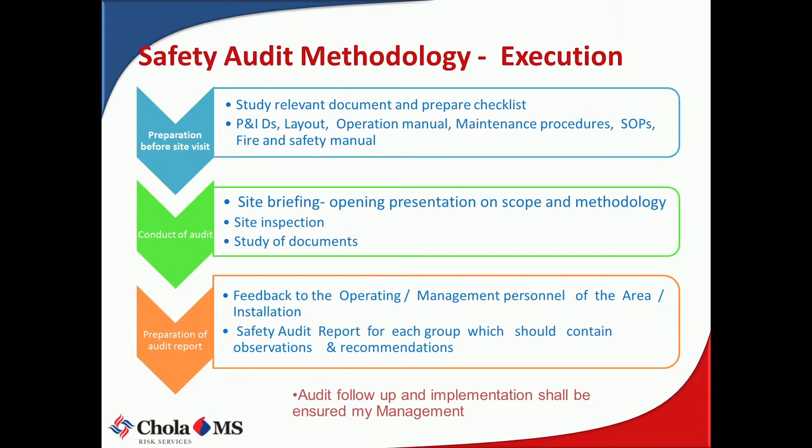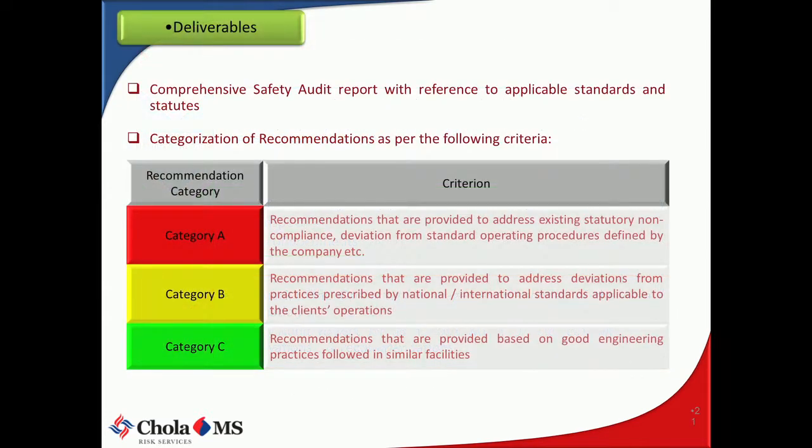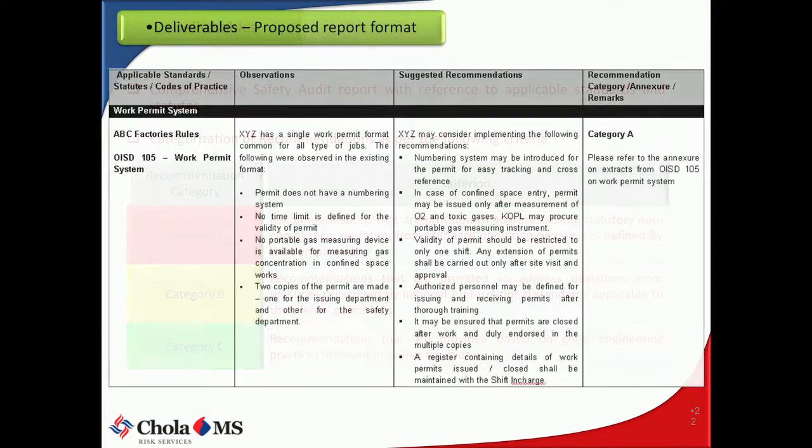Before the site visit, we cannot just go to an industry and do an audit. We have to send a data request and ask what operations, what manufacturing, and what procedures they have, so that once we have an idea, we can go and do the audit. We have to get and review those before going to the audit place. As I told you, we conduct the audit and then we send the report to them. This is the methodology, and this is the format which we usually follow.